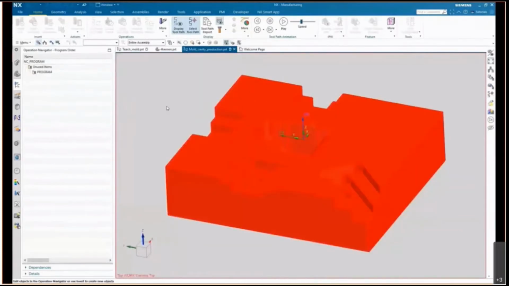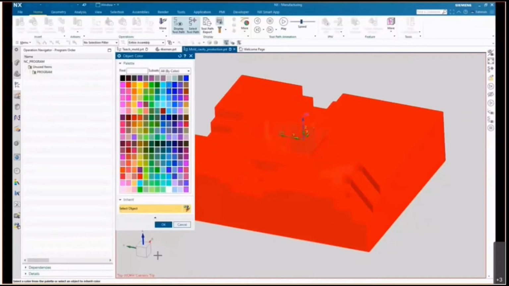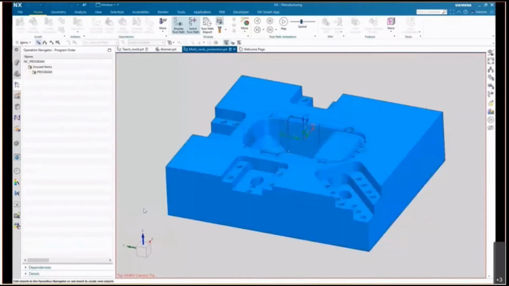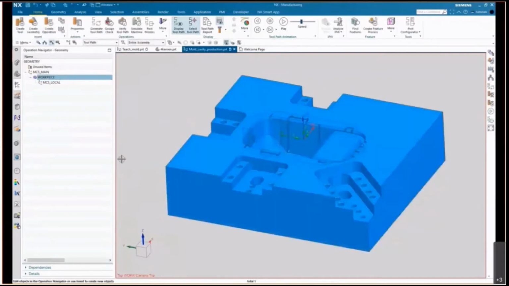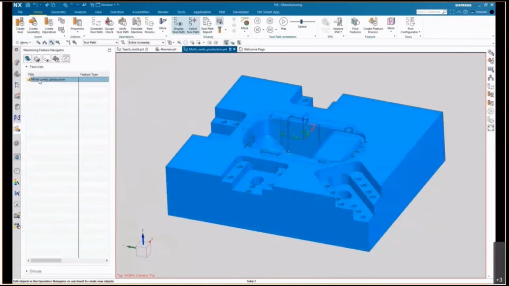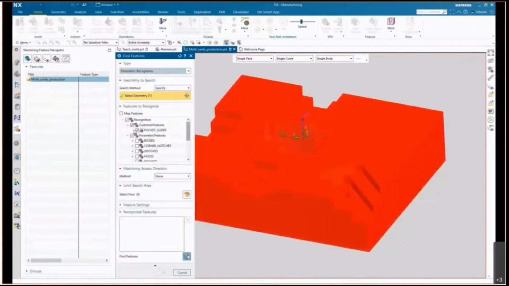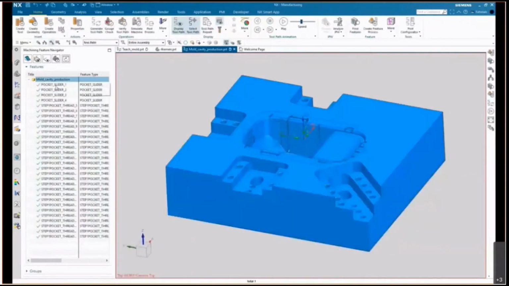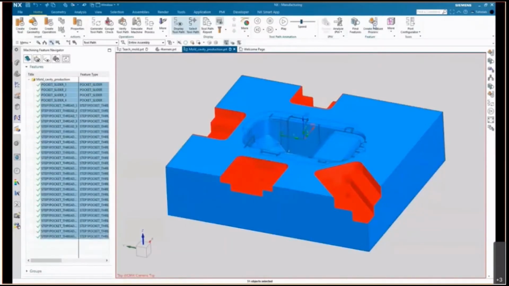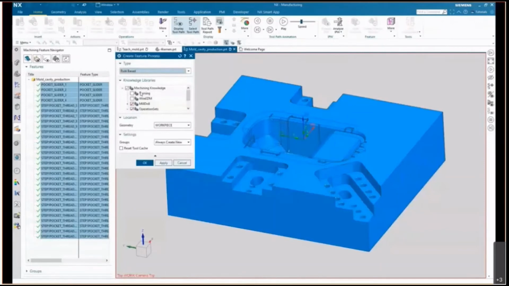Now let me show you the same mold. I'm going to just change the color here, so you can see that it is a new test of this part. I'm just going to do this stuff again. I'm going to show you that it's the same part, but then with the part defined, blank defined. Going to find the features here. Select the pocket slider, select the steps. As I said, the steps, that's the out-of-the-box best practices content, which is already there for everybody who has NX installed. Select all, found features, create a feature process, and